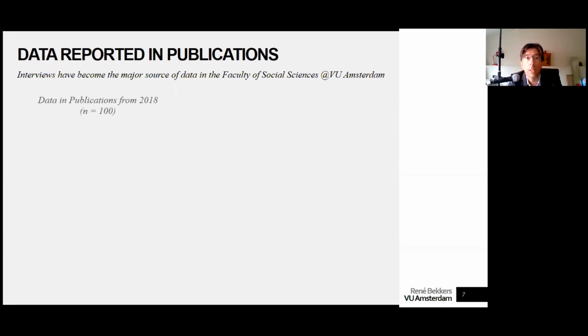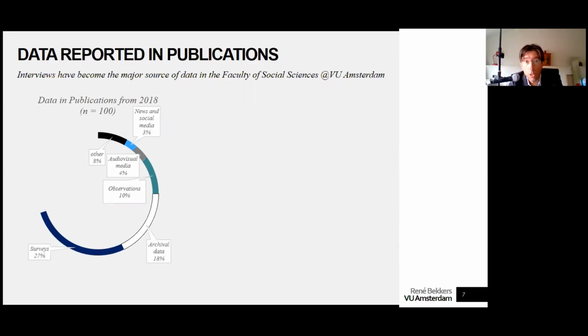We see that interviews in 2018 have actually become the major source of data in the faculty. So I'm showing here the distribution of data reported in publications in our faculty. And what we've done is we've taken a sample of 100 empirical publications from a very large universe of publications in our faculty.